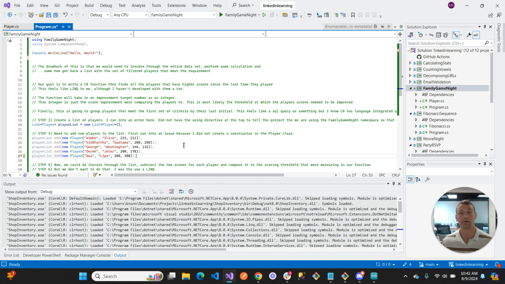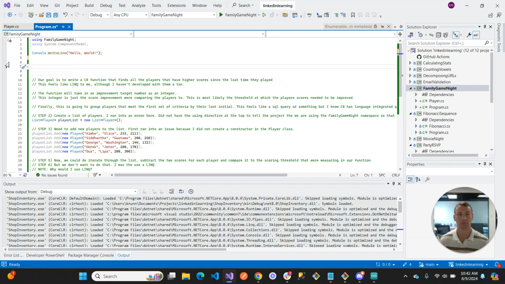What if we had a list of 5 million players? Well, iterating through the whole list using a for loop or something takes up a lot of memory in your brain and in the computer. So why not use something else? We could have done it this way. We could have done like an if else statement, whatever. But